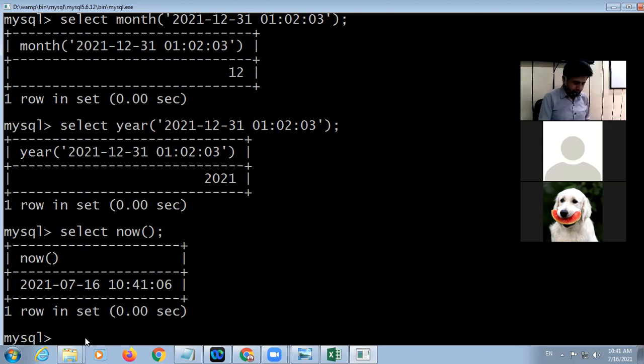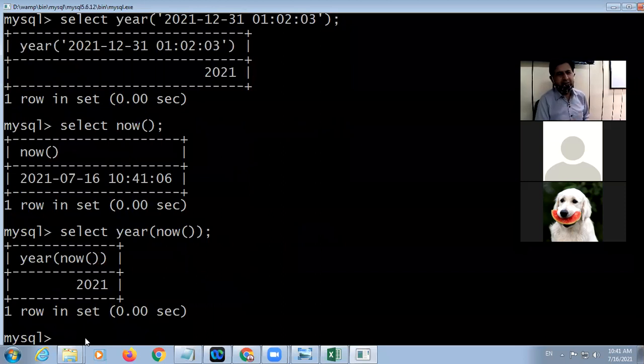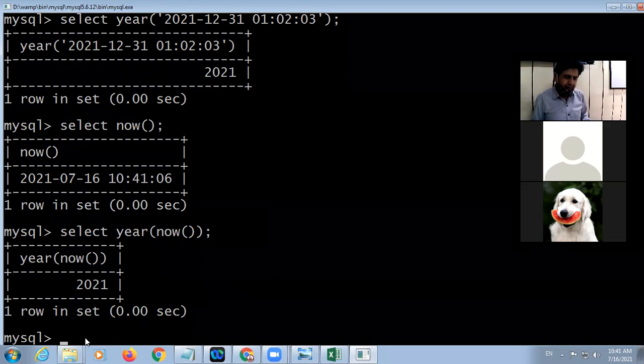So you can also use it like this: select month, year, in brackets take date, take now. Now means current date and time. So look at here, 2021. Next is system date. But remember one thing, system date is applicable in some versions, and in some versions it is not applicable.